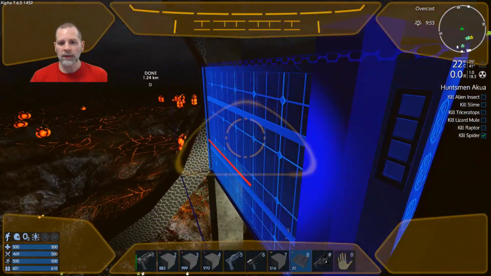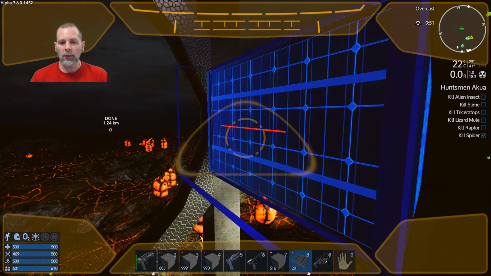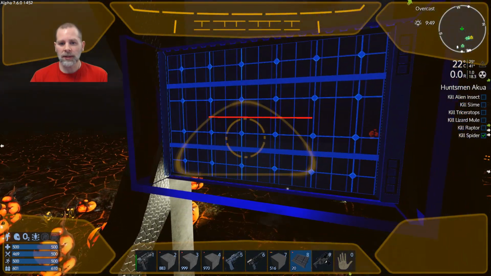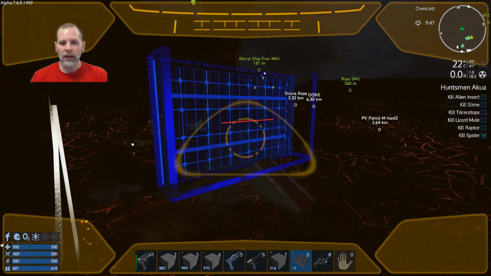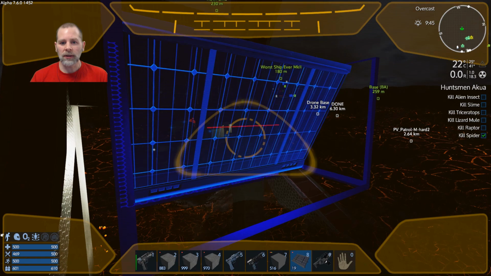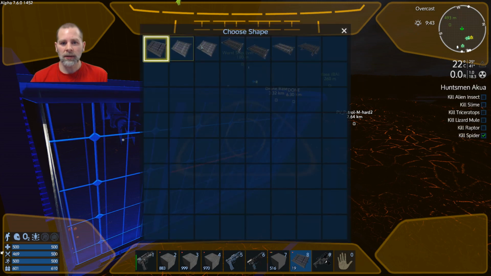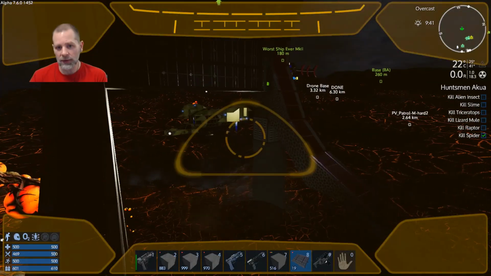Let's see if we can find the ones that fit against the back. Is that... Yeah, I think that's what we want right there. So we want that there, and I'm not sure what that sticks against. It looks like it's going to stick here. Okay, so that's going to stick. And then what we can do is we can put, let's see, we have this angle and this angle. Those are the same angle. So this is like the 45. So let's see if we can